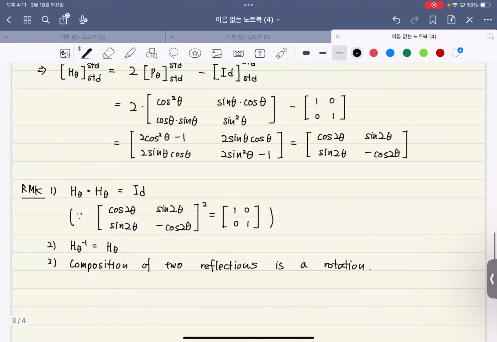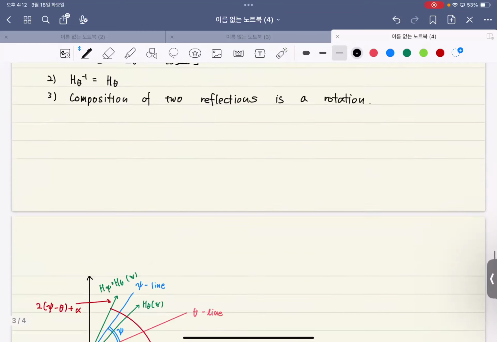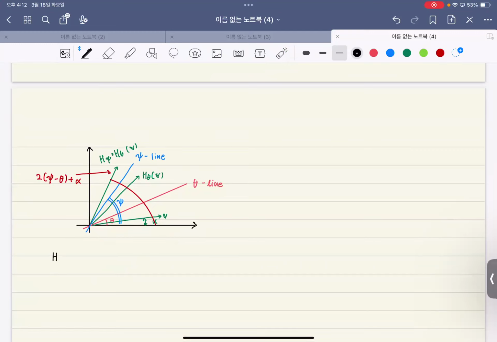So I want to show you that the composition of two reflections is the rotation by 2 times (psi minus theta), which is equivalent to H psi standard times H theta standard,